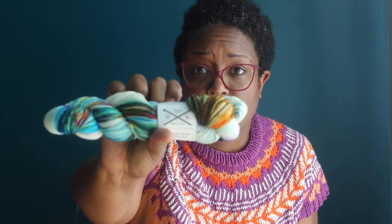And I keep considering if I want to make a quick tank top with this, just so that I can knit with it and see all of the wonderful goodness that's in this. But yeah, so Birdie Knits. It's another one. I will link to this shop too, in case anyone else is just as interested in cotton